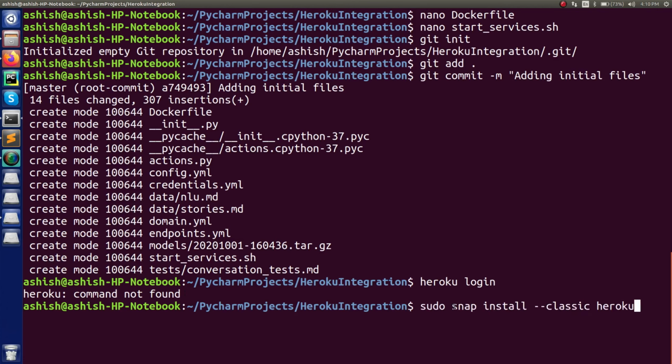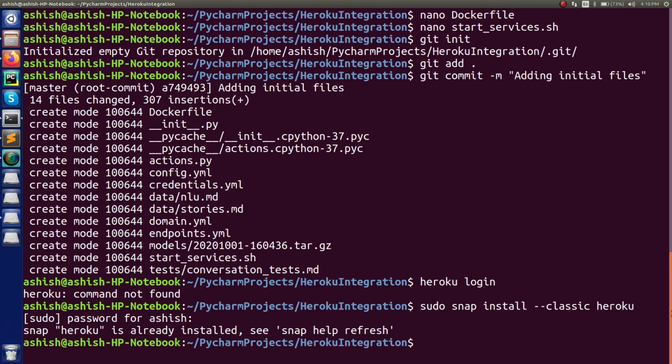For that, just run this command, sudo snap install this, press enter. Just enter the password for your system. Okay, so it is already installed on my system, that's why it is not working directly, right? But if in your system it is not installed and you have to install it, then just run this command, it will install it for you, right? So this is all about that.